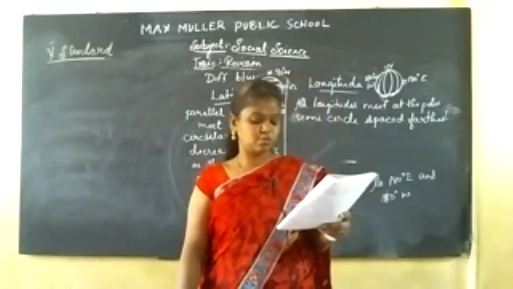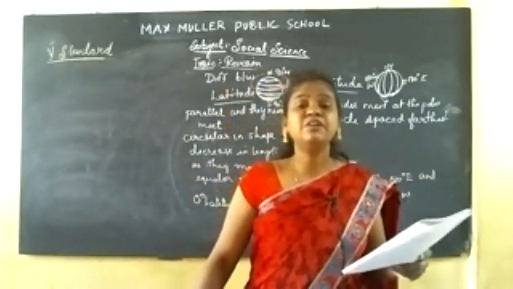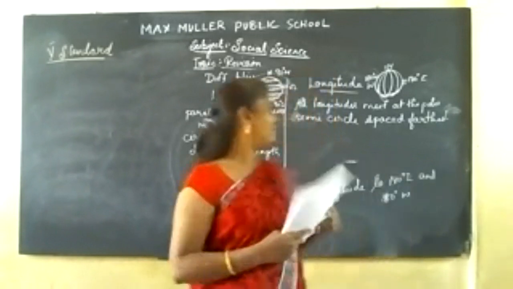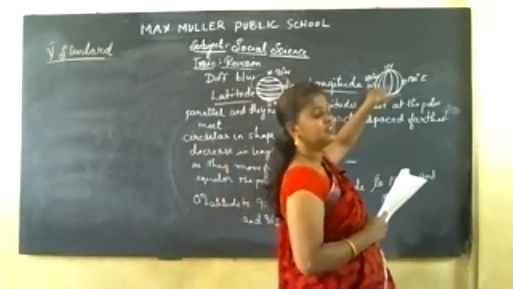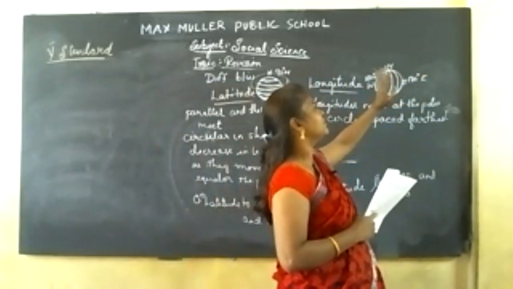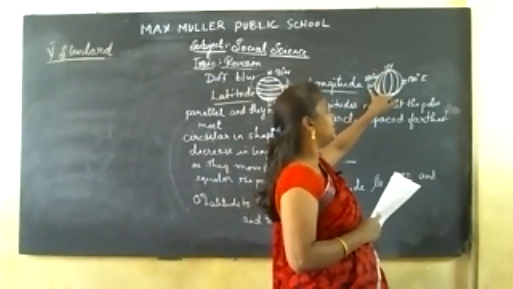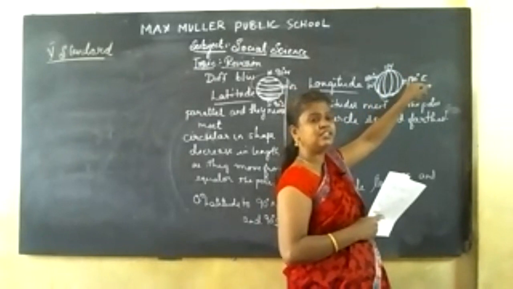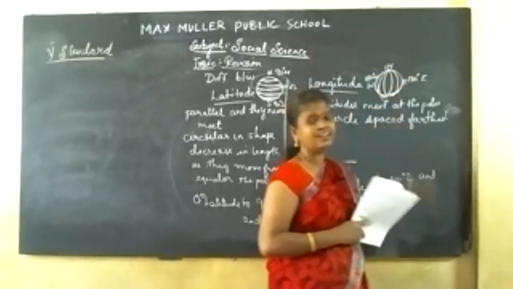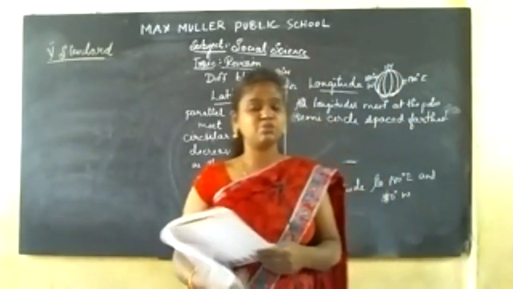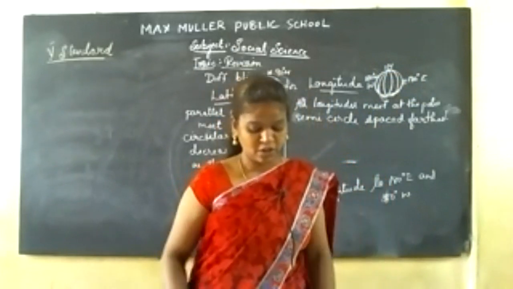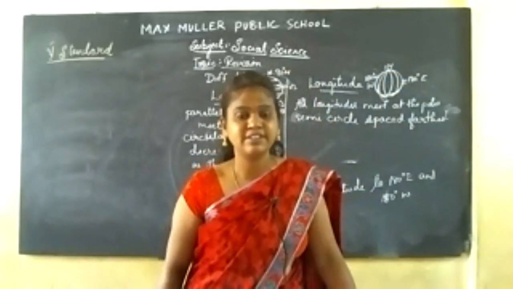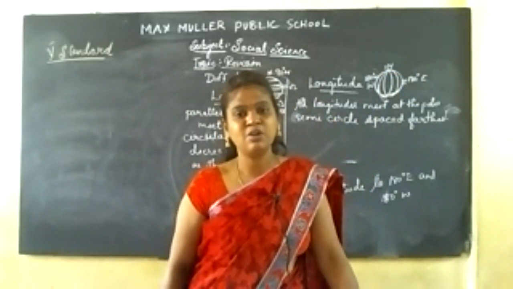The third point in longitudes: longitudes are numbered from 0 degree longitude to 180 degree east and 180 degree west. So what's happening here? It is dividing the Earth's surface into east and west, and it is numbered from 0 degree, where it can be 0 degree to 180 degree east, or it can be 0 degree longitude to 180 degree west. So these are the question answers which we discussed in this class. I think that you all understood the question answers. So you have to read all the question answers either in class or worksheets.